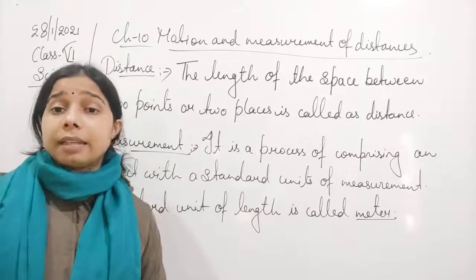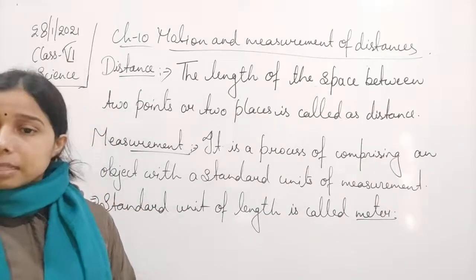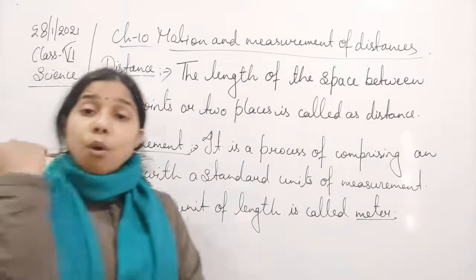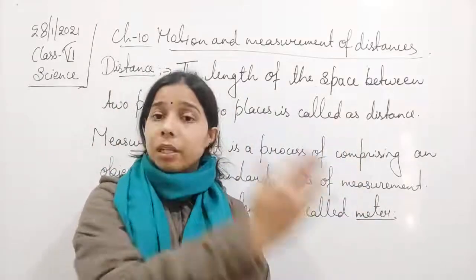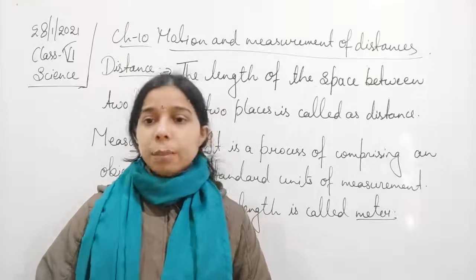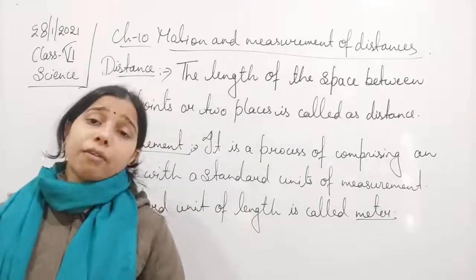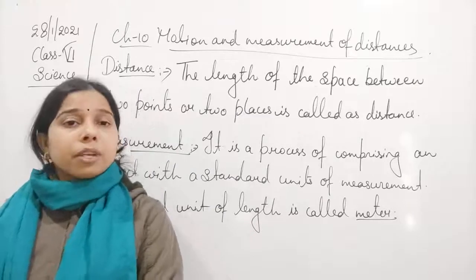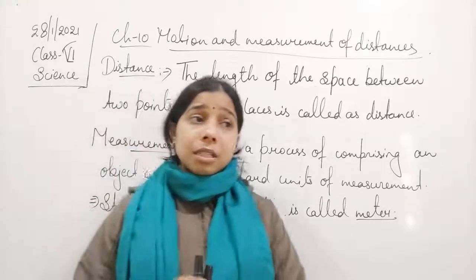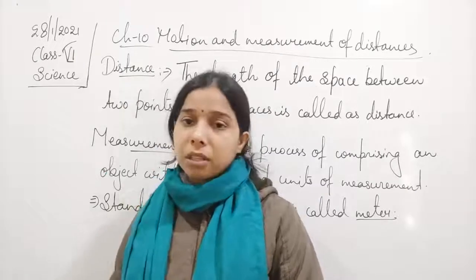Likewise, leg span is also there, by which a person is able to measure distances, as well as forearm length. People use the forearm length to measure, and a foot step. So these all are, boy student, basically the methods that were traditionally used to measure anything. But it means at every region, at every place, people use a different kind of thing to measure.